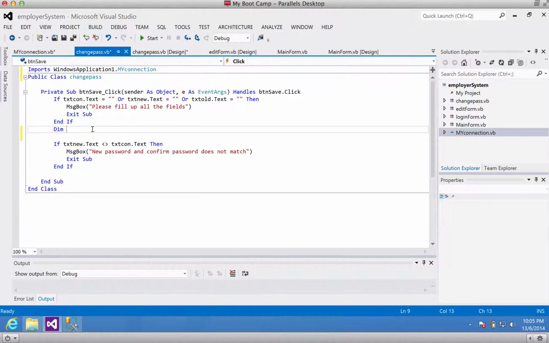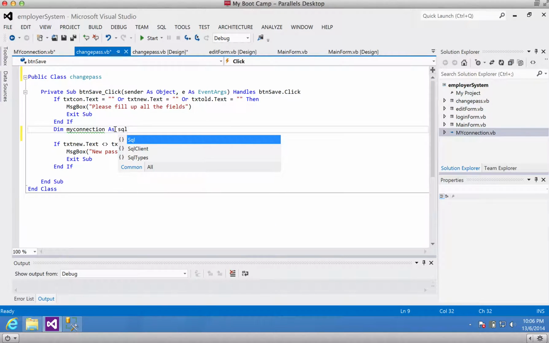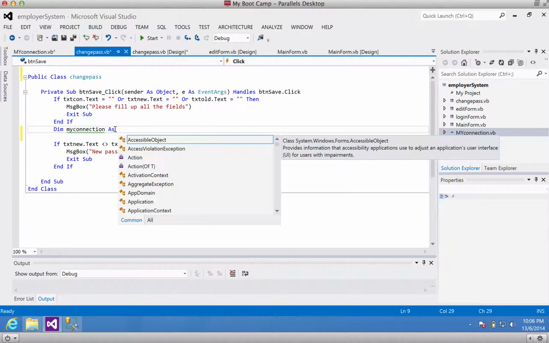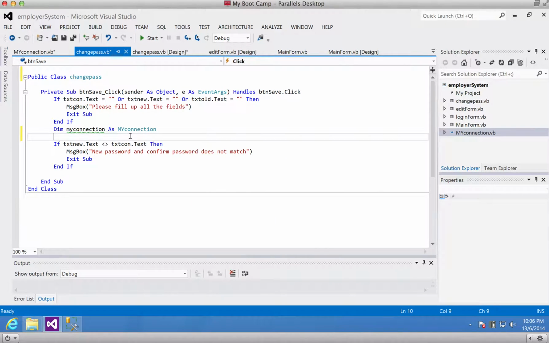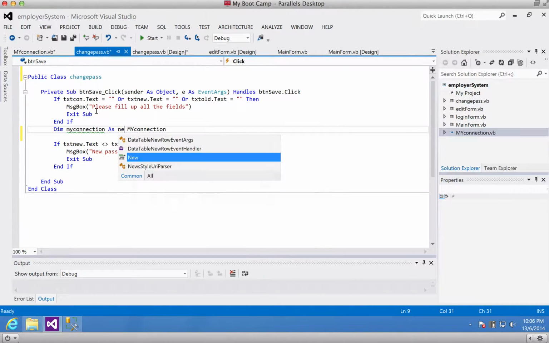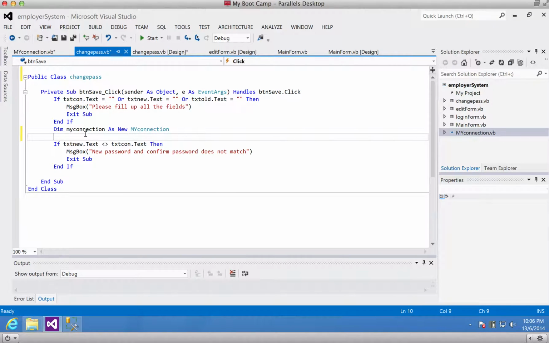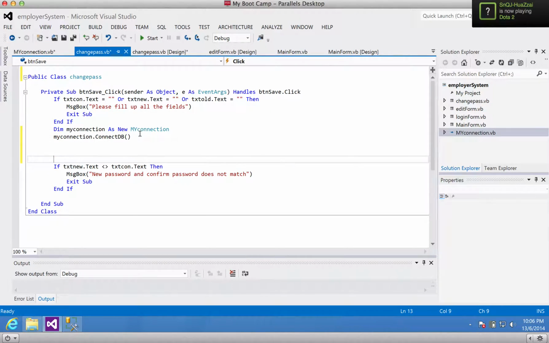Okay, dim my connection. We're going to delete this import. Dim my connection as new my connection. So we're going to dim this class as new class, and then my connection dot connect db. Okay, so that's it. We can connect to the database and then dim cmd as new